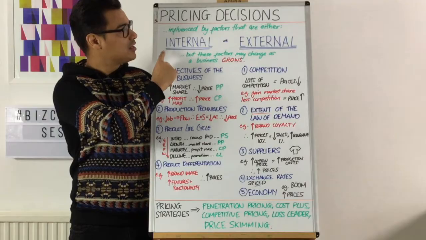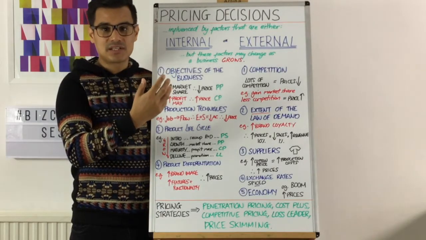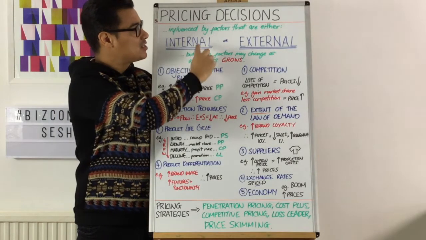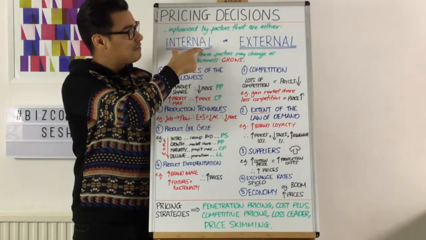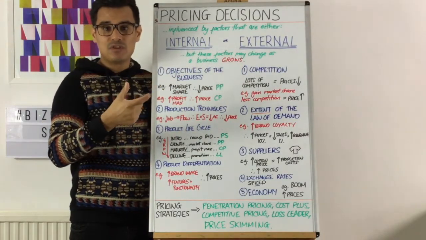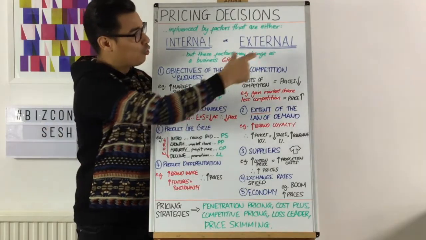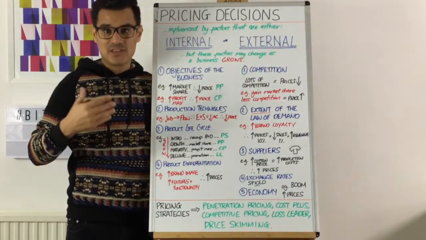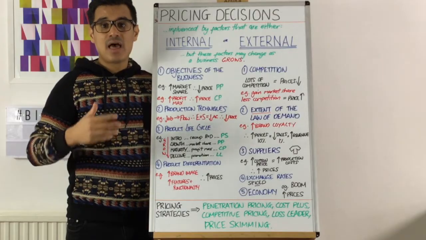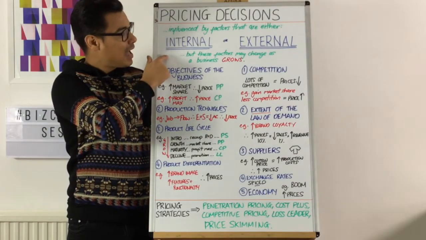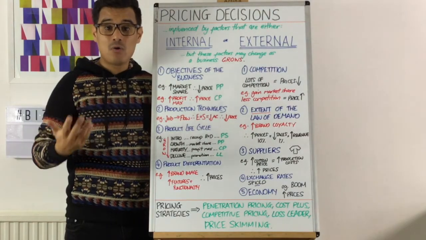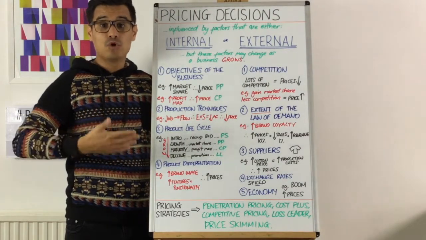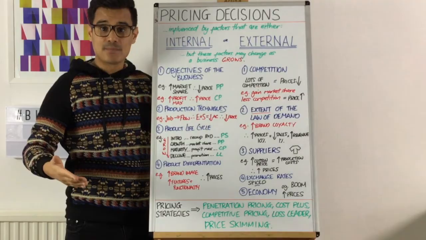Number one is that the decision of whatever the price is going to be is either going to be internal or external. And what I mean by that is it's something the business is in control of, it's in the business's control, or it's out of the business's control. It's an external factor. And the other thing is that as a business grows, and note that it's in red, well, that's going to change what your pricing decision might be.